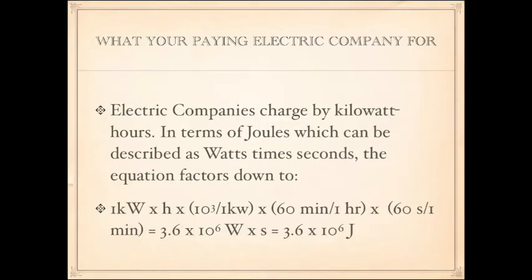There's this extra section at the very end that was like a real world application. The electric companies charge by kilowatt hours. In terms of joules, which can be described as watts times seconds, which is power times seconds. It factors down to 1 kilowatt per hour, and then that's just the metric conversion. It gets you 3.6 times 10 to the 6 joules. And if you think about it, watts times seconds goes back to our potential energy equals power times time. Basically, to get to the joules,